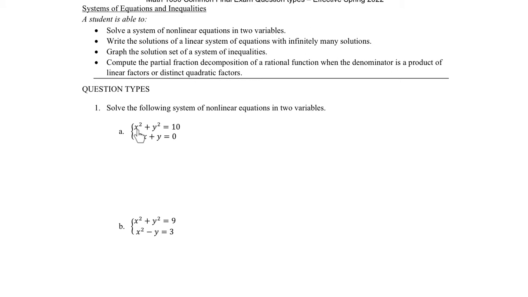Now, we do not have like terms here, and we do not have like terms here. So the elimination method is not going to work. I'm going to choose to use substitution method. So if I take this bottom equation and solve for y, we have y equals negative 3x. So I can take this negative 3x and substitute it in for that y. So that top equation becomes x squared plus negative 3x squared equals 10, which then becomes